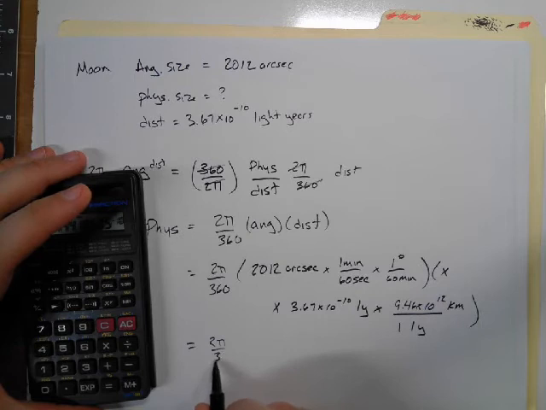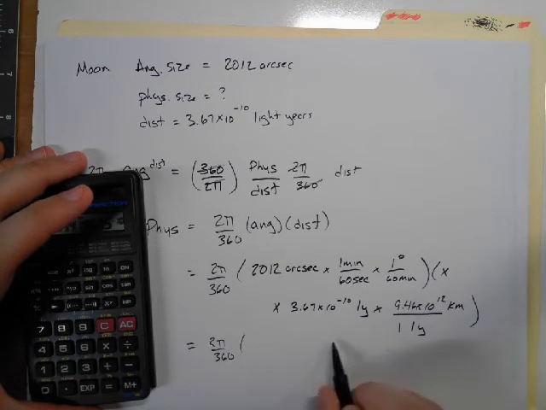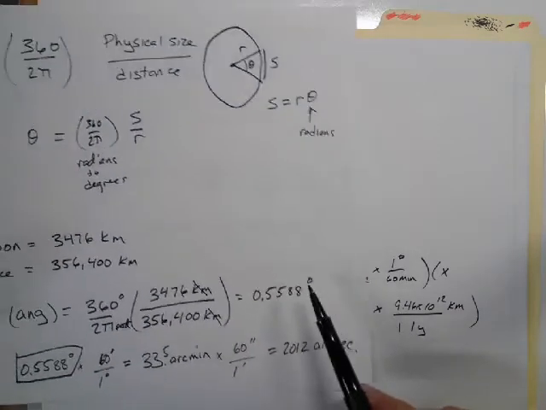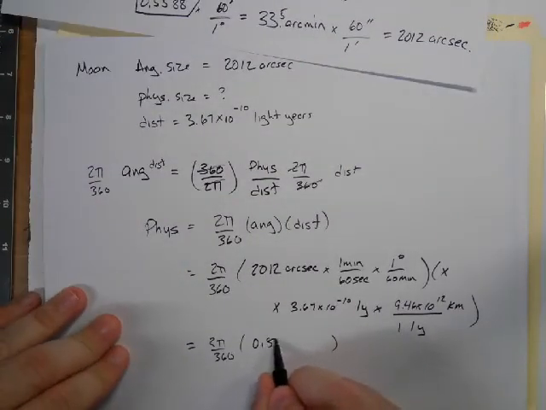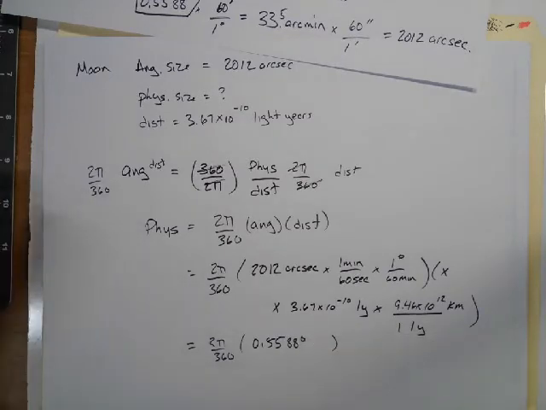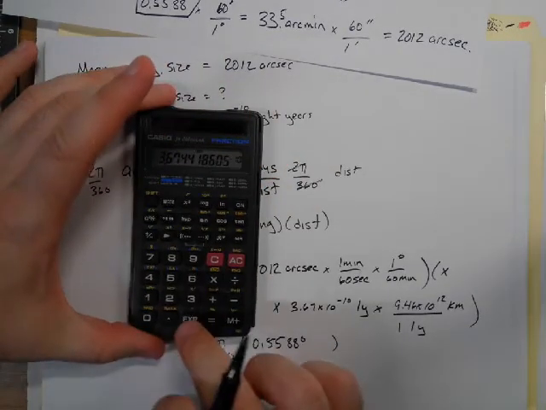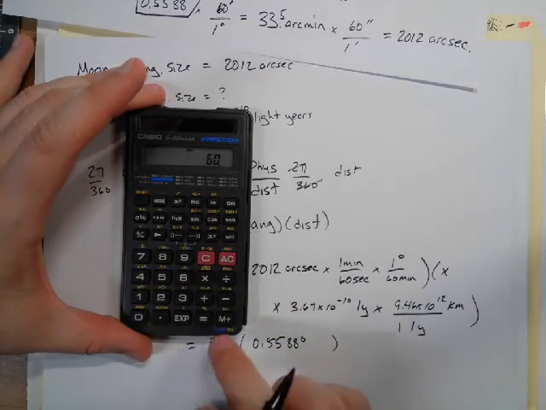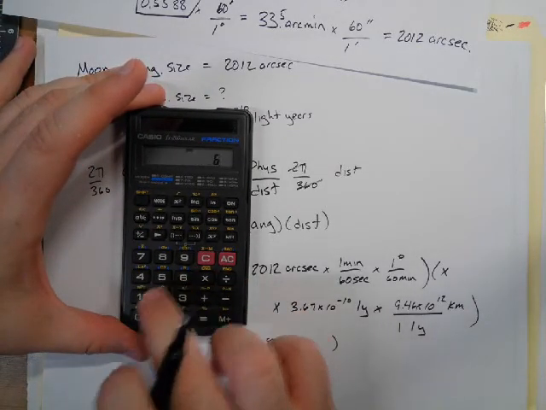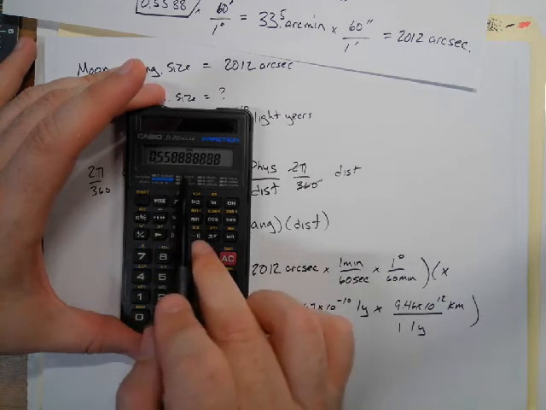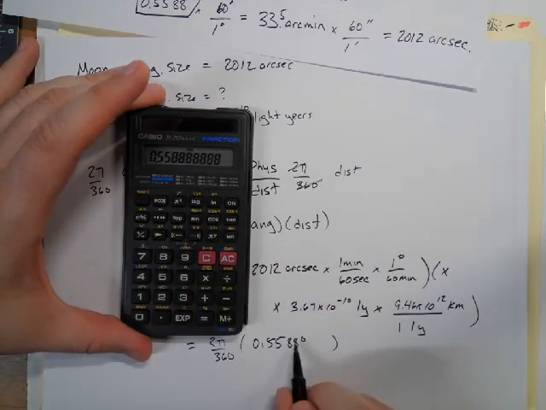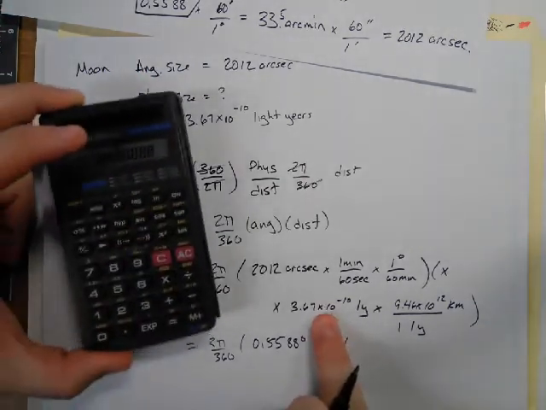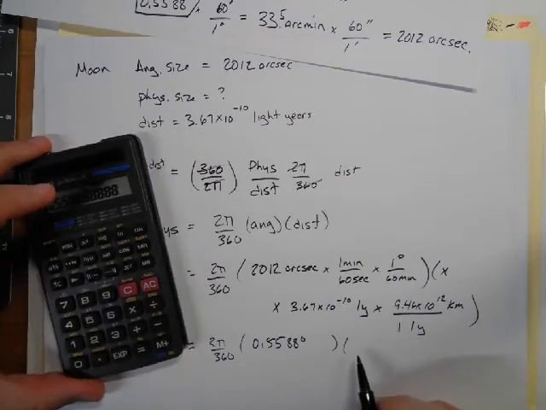2 pi over 360. The first thing in parentheses is just undoing the thing we did in this problem. It's 0.5588 degrees. But if we want to calculate it, we do 2012 divided by 60, and we divide by 60 again, and it's 0.5588 and a bunch of other stuff. So this would be like a 9 at the end, but that's fine. And then this thing is just undoing what we did before. So it should be